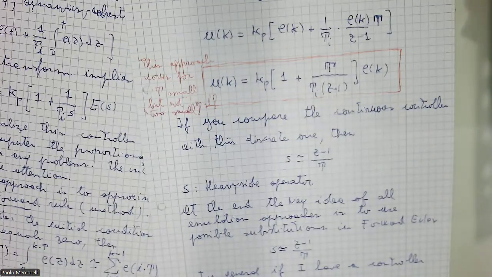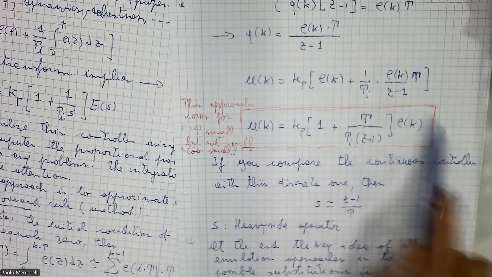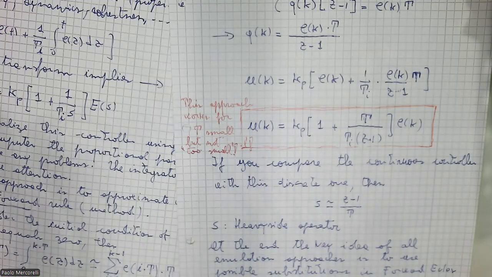This explanation is a little bit very fast, but it makes sense. The assumption is that we approximate. This means we cannot say that this u of k is exactly u of t. But if S is circa this, we can say exactly